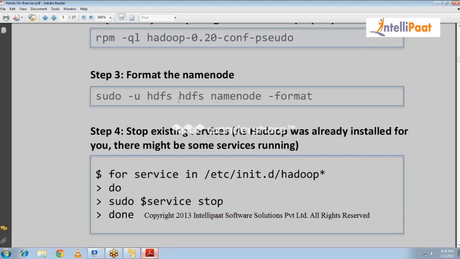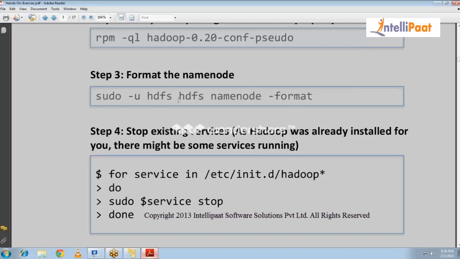So the idea here is, when you say sudo -u, now, when you install Hadoop, there are two users that get created on your Linux box: HDFS and MAPRED. So what you're doing is you're saying sudo -u HDFS.